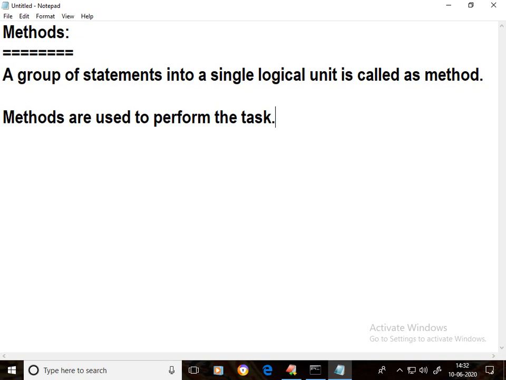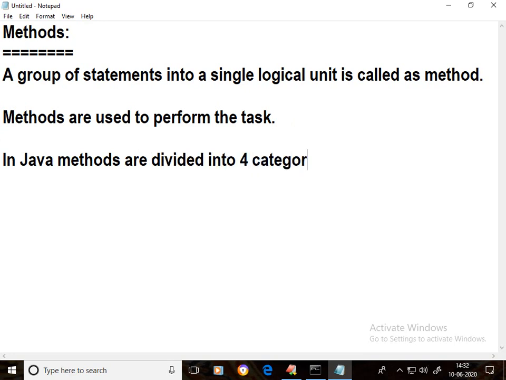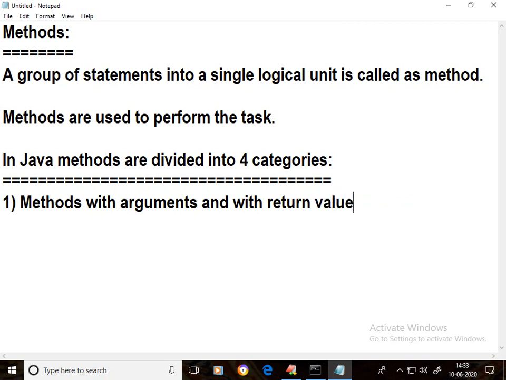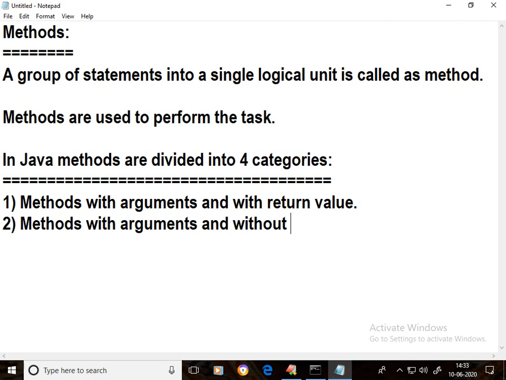In Java, methods are divided into 4 categories. First category, methods with arguments and with return value. Second category, methods with arguments and without return value.